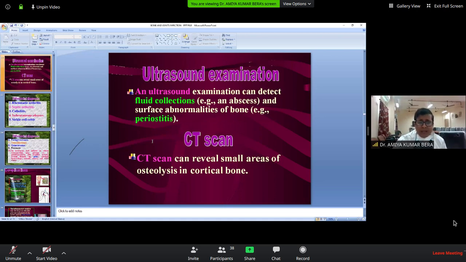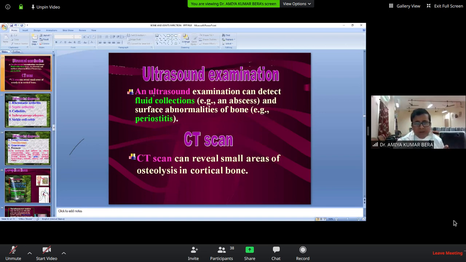Otherwise, many times, many of my residents, even after the diagnosis we have made, have taken the patient to the OT but could not find the collection. So if you know the amount, whether 10 by 15 cc or 3 by 3 cm, 3 by 4 centimeter of collection, then under USG you can put the needle in the collection and aspirate it. So USG is important for the amount of collection, where it is, and the type of collection many times.